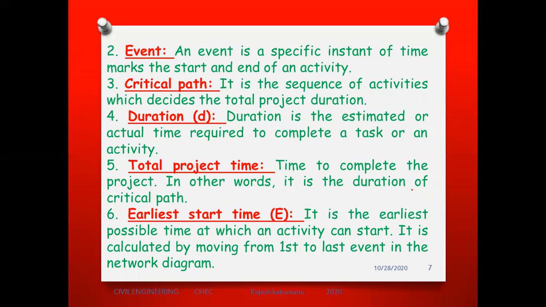Activity means doing some work in the event. Understood? Activity means doing some work in the event. So we can say activity is a subset of the event. Okay, next,